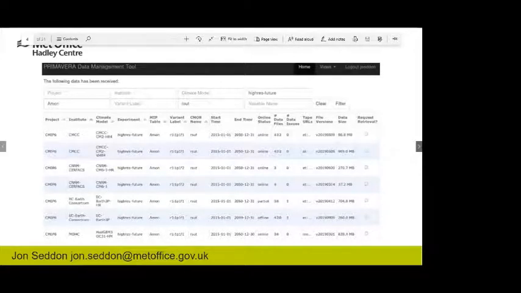Okay, here we have a screenshot showing the data management tools web interface. So here someone's querying the RSUT variable, which is the top of atmosphere outgoing shortwave flux for HighRes Future, which is the coupled future experiment. So here you can see some data, and you can see the first few models to produce this variable. Some have an online status of online, meaning that all of the data is available on group workspace. Some is partial, so some is available on tape, and some is available on group workspace, and some of it is offline. Users can click in the right-hand column to request that data that's not online is restored from tape